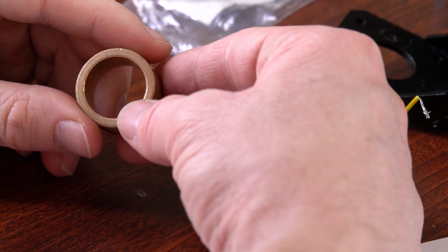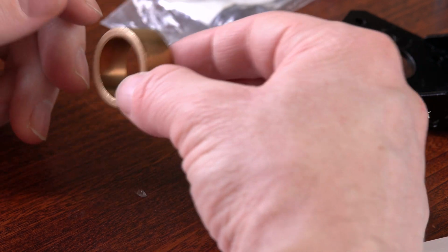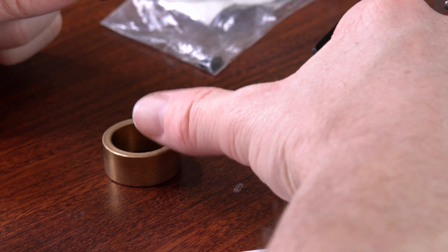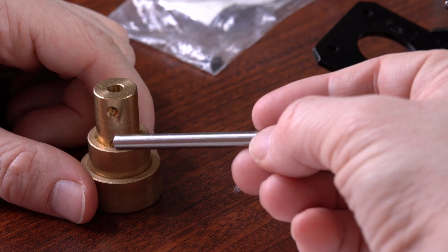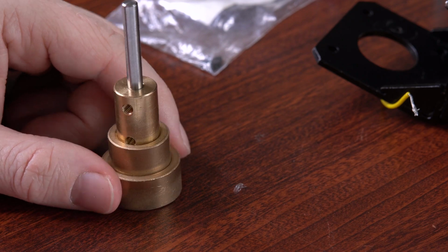In my case, I was not able to find a shaft coupler in this size that was cheap on eBay, so I decided to just buy the brass ring, and I plan to drill a hole in it and then just use my own set screws. So my eventual goal will be to add a set screw into this ring and use the set screw to attach it rigidly to the inner ring, and then I'll put another set screw in here, so that way I can tighten it to this shaft coupler that I was able to find. Then I can attach the whole thing to a shaft,